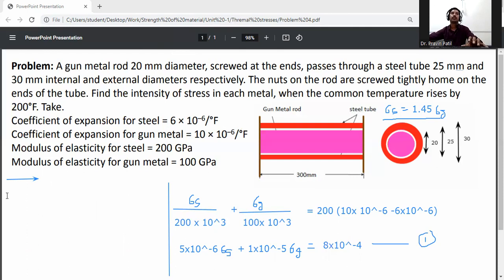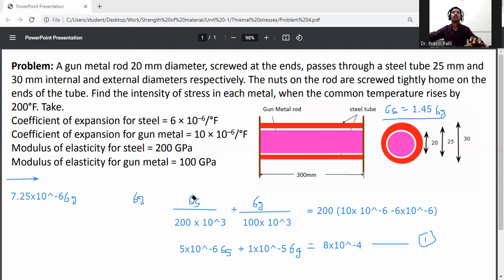So 5 into 10 raised to the power minus 6 into 1.45 gives 7.25 into 10 raised to the power minus 6 sigma g, plus 1 into 10 raised to the power minus 5 sigma g, is equal to